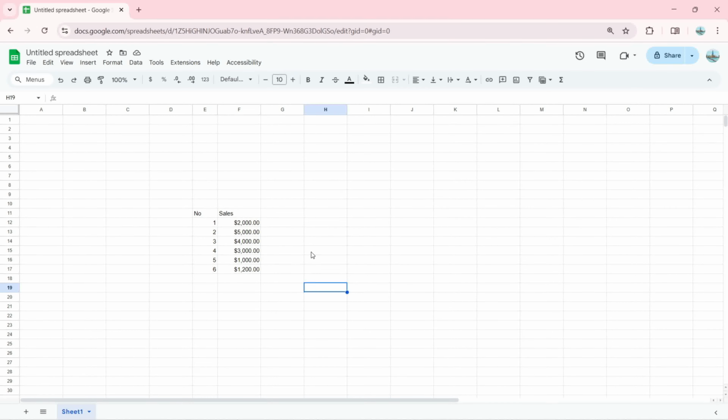In this video I'm going to teach you how to create a filter view from your data in Google Sheets. So here we have this data and I'm going to create a filter view from this. The first column has all the numbers, and the second has all the sales. We have $2,000 sales, 5,000, 4,000, 3,000, 1,000 and